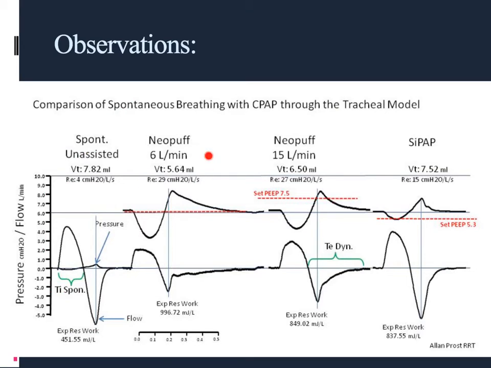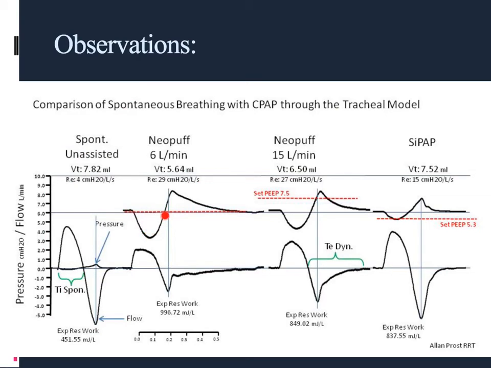Now, when we put the NeoPuff on with a background flow of 6 liters per minute, we'd expect to see this, as we do, prolonged expiratory phase here because of the setup of the NeoPuff PEEP valve. All right, but what we also see is we've got this deep dip here in our inspiratory pressures, and this dip corresponds to this small little change here, but of course we're being set at a background CPAP level right now, where here we could not establish a PEEP or a CPAP level because we were just spontaneously breathing. So the NeoPuff is nicely controlling, and we have a nice CPAP level of 6 centimeters of water pressure,